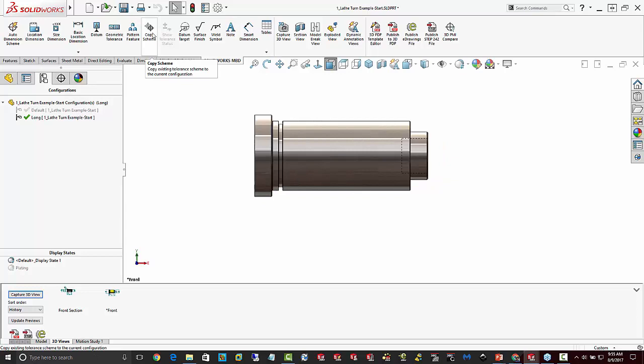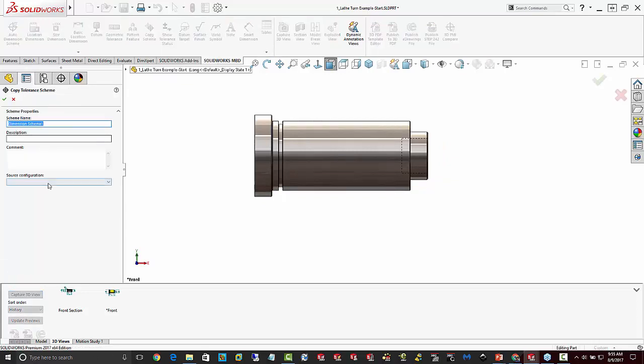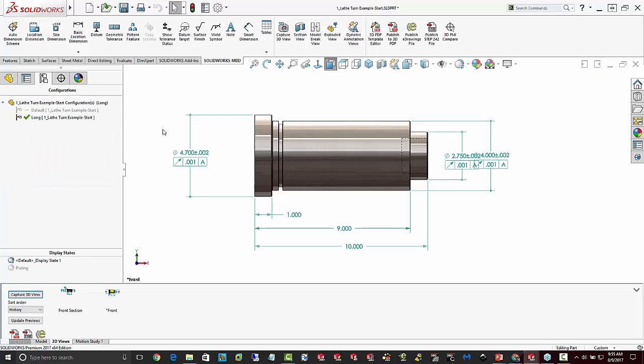we have the option to copy a scheme. So I can just copy the scheme and pick another configuration. I can pick my default configuration as the source scheme and copy that right into my long configuration. That's pretty nice. So then again, I would create